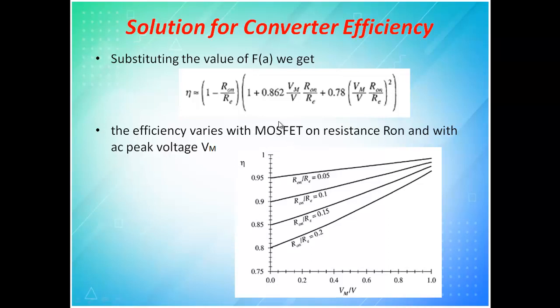If you put a higher rating MOSFET in your circuit, say you are making a battery charging circuit which is going to give about 3 volts, let us assume for your mobile phone, where the current rating, amps rating and all will be very less. In that case, if you bring a MOSFET whose operating range is around 600 volts and put it there, that fellow will have maximum R on, and the efficiency will come to 10%. You might think MOSFET is just a switch, but that switch plays a major role in your efficiency.